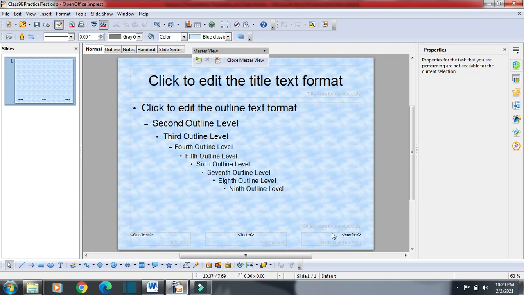Now there is one problem here: headers are not available for normal, which means slide master. For slide master we don't have header. We can have header if we go for handout master.